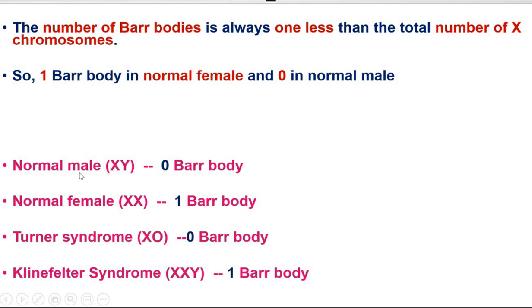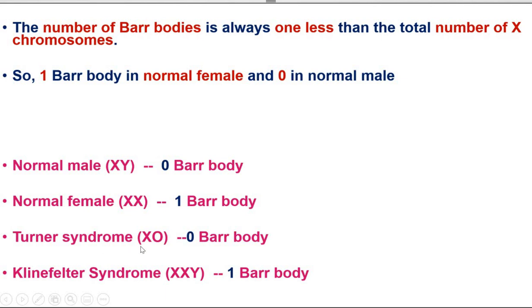So, for example, in males, if the genetic makeup is XY, since you have just one X chromosome, one less than the total number of X chromosomes, there will be no Barr body in males. Whereas in females, since you have two X chromosomes, one will be represented as the Barr body. So you have one Barr body in females, and